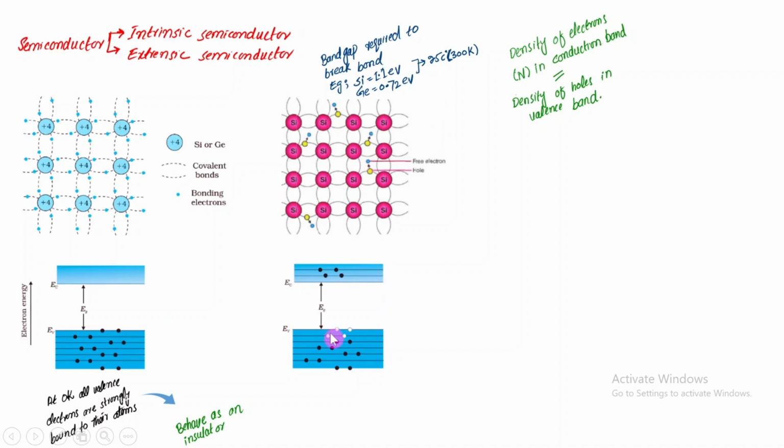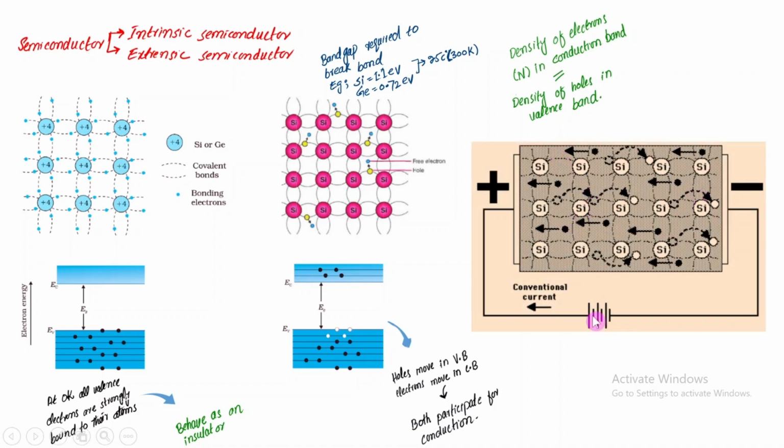So the number of holes in the valence band, which is 4, is equal to the number of electrons in the conduction band, which is also 4. In more technical words, we can say that the density of electrons in the conduction band is equal to the density of holes in the valence band. So here in the valence band, these holes, if we provide an external battery to this intrinsic semiconductor,